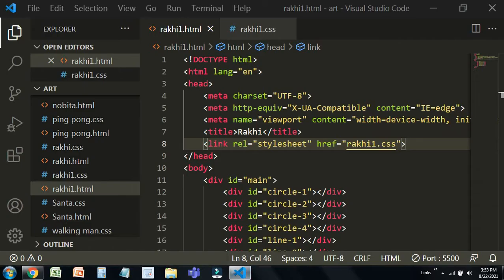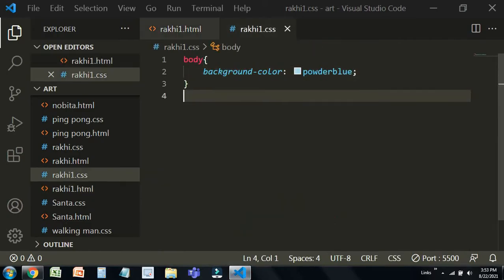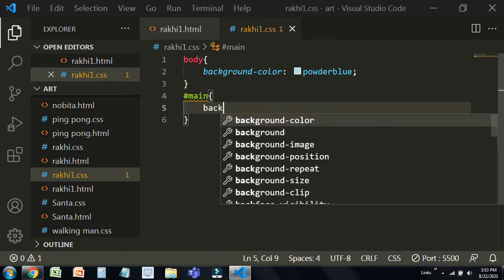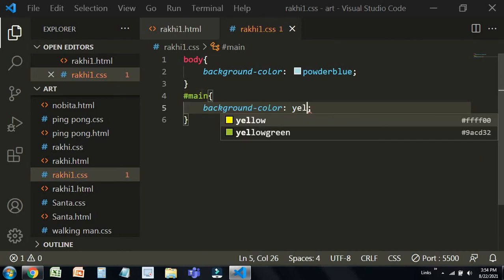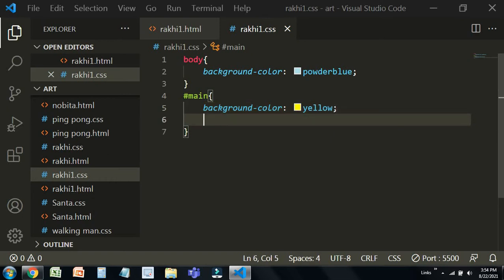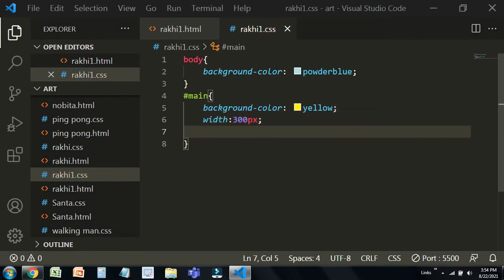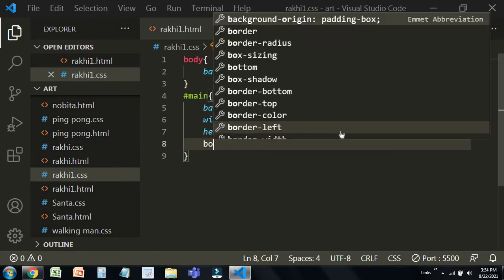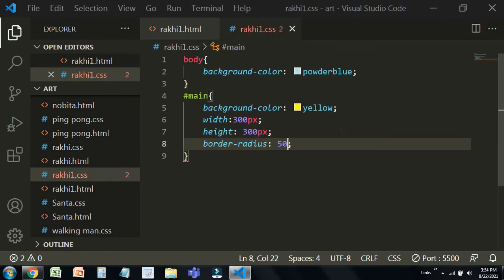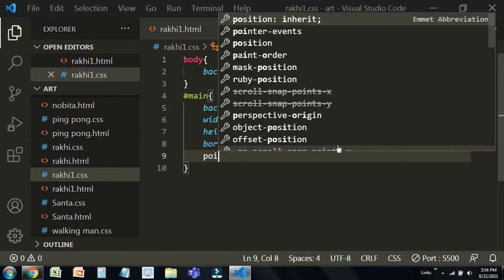Now let's get on to our Rakhi. So first the main div. For that I'm picking the color yellow because it will look good on our Rakhi. Width needs to be 300 px and height 300 px. Then you need to give it a border radius of 50%. And then position relative.